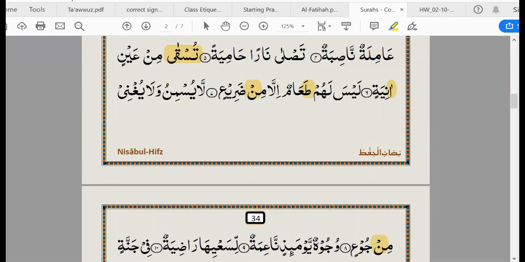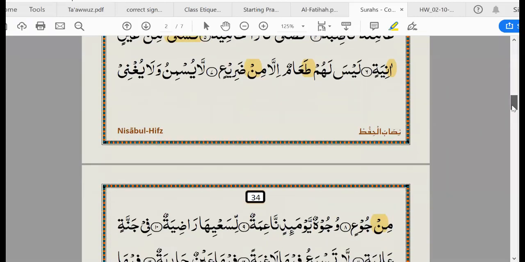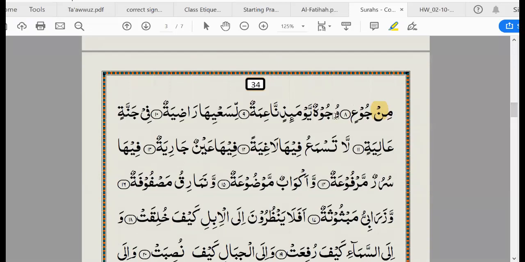I can't see. Sorry. Wujuh. وجوه يومئذ ناعمة